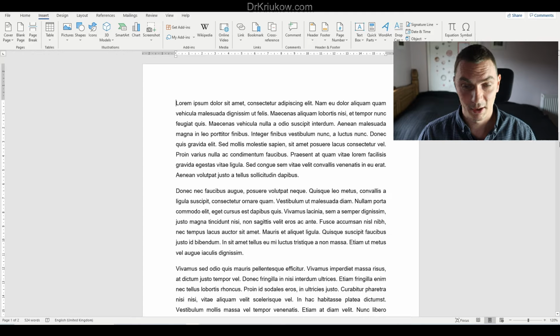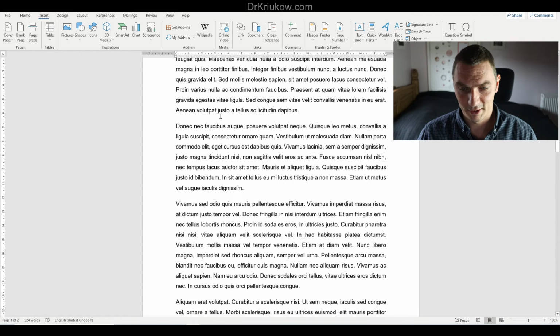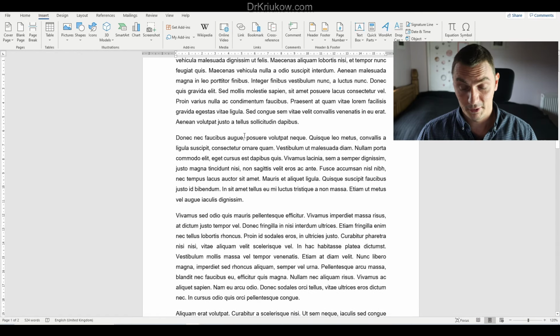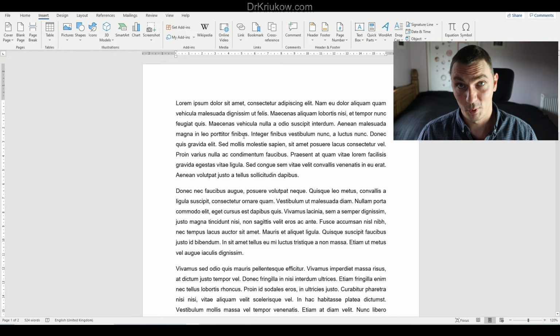Now at the moment you can see that there is plenty of nonsense on my screen. I just use some example words and example paragraphs here, so you'll just have to be quite creative, use your imagination. It doesn't really matter, because I just want you to understand the process of what we're doing and how to code it. So obviously there is no sense in this text that you can see, but for the purpose of